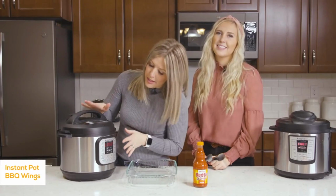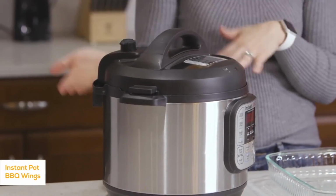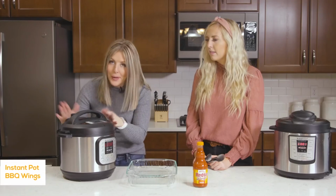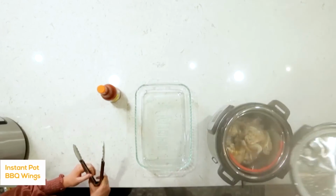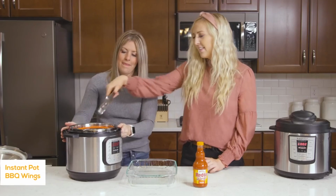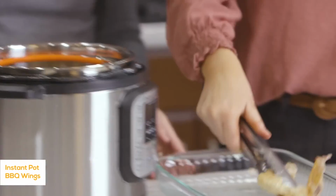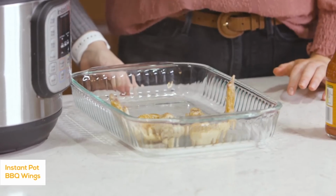So once your timer's done, we're gonna let it release on its own until about 10 minutes or until the pressure is out. All right, once that little button goes down, you can go ahead and open up your pot. Ooh, they look good and they smell good. Yes, they do. All right, do you just want to pull them out? Okay, so we washed the pan, we're gonna put them back in,